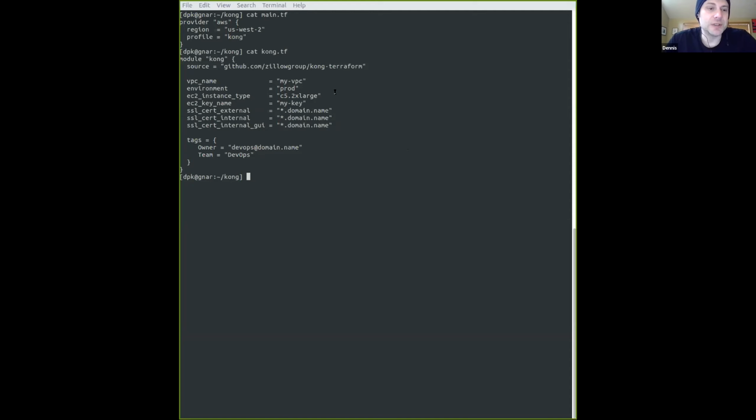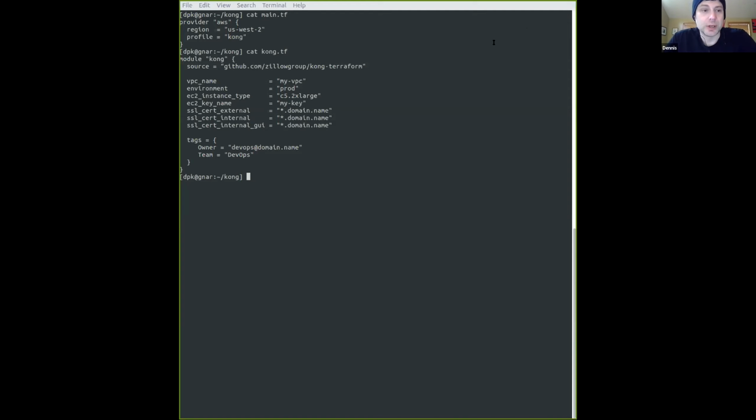And with this example, this is like the bare minimum that you would need to define in order to deploy a full Kong cluster in AWS. And what this is going to provision for you is an Aurora cluster for Postgres for the Kong database backend and configuration, and then EC2 instances for the Kong nodes themselves, and then load balancers, both, excuse me, internally and externally